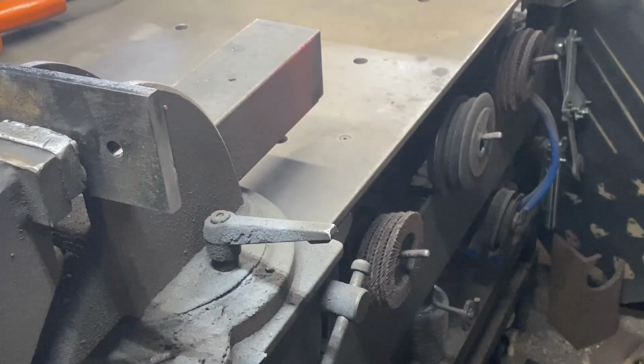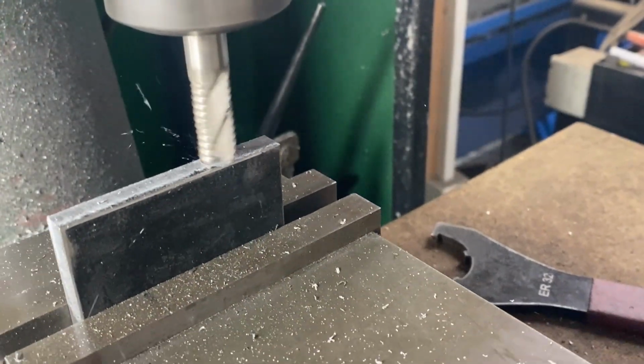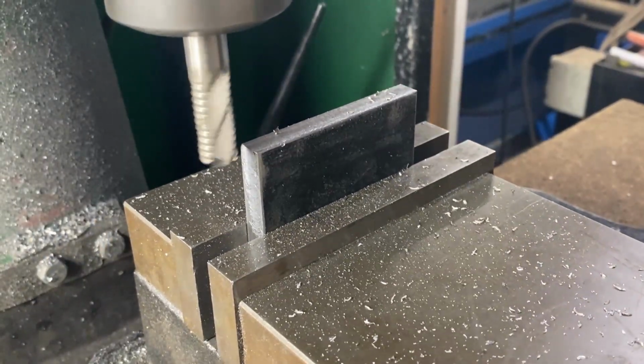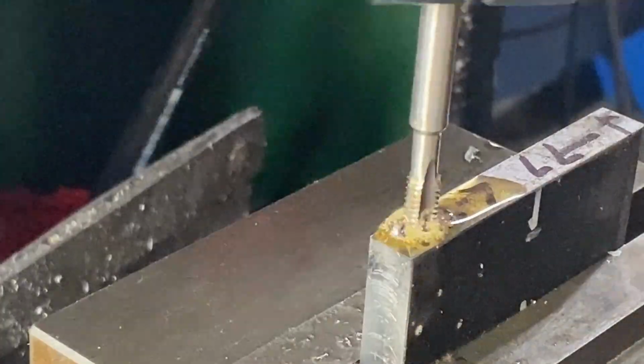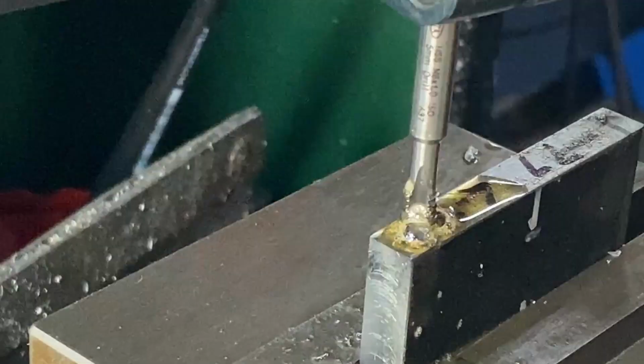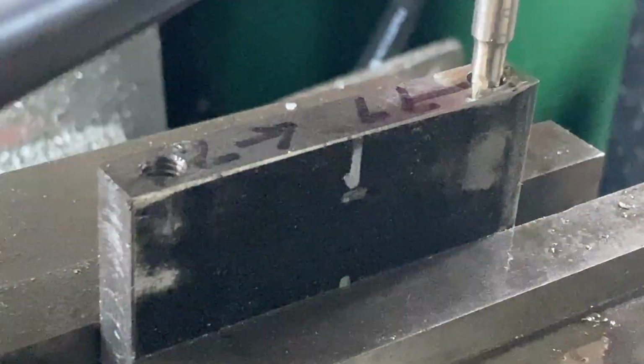This is another donation from one of the wood turners. Thank you, Tennis. That piece is milled square and to the right dimensions. Then I drill and tap 4 holes into this piece. Now the 2 holes that I'm tapping here need to be tapped really deep because I need to cut this